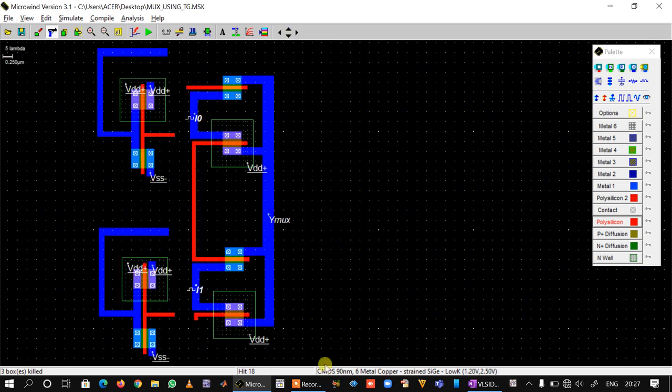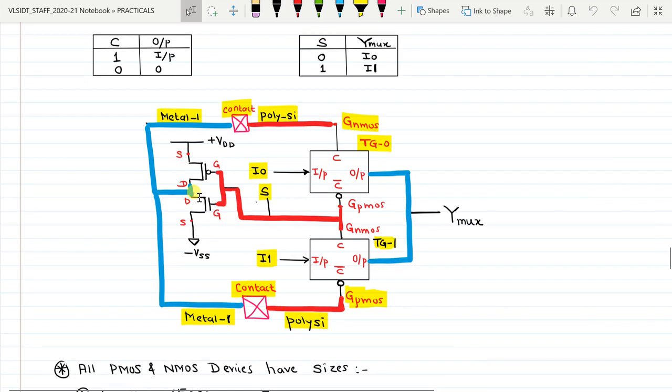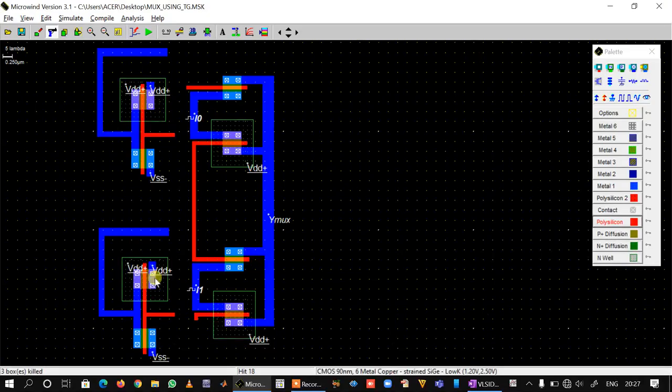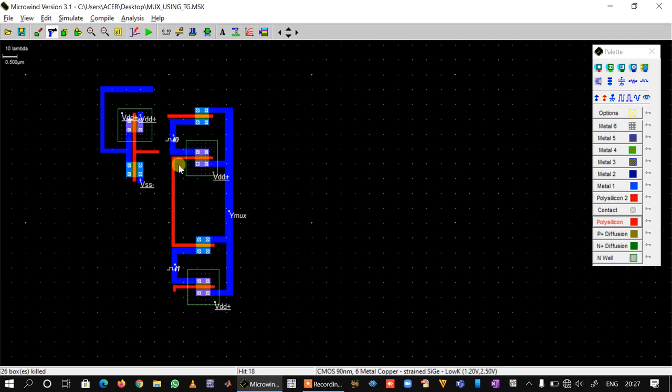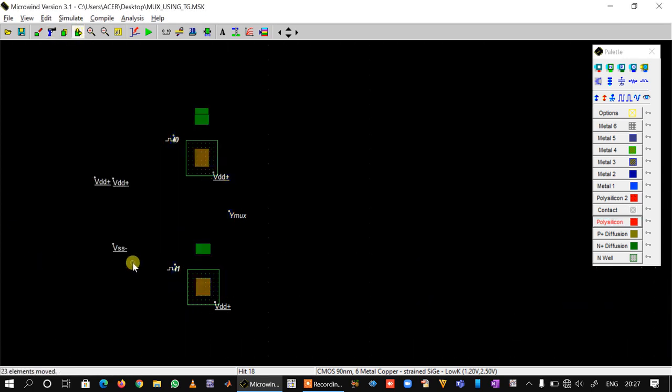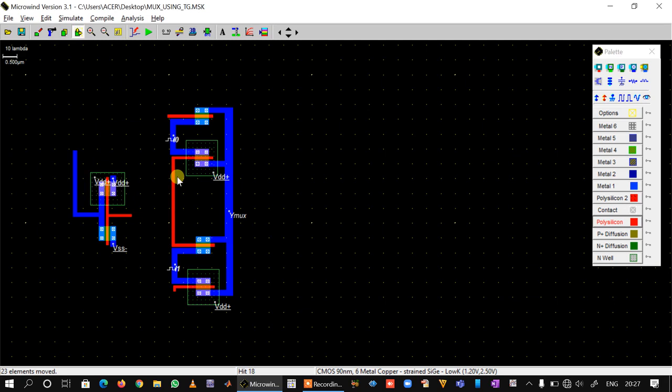so now we need only one CMOS inverter, so we will delete the extra one. So we can delete this one carefully. Now we can bring this inverter, we can also delete this thing, we can bring the inverter here and we can flip it.